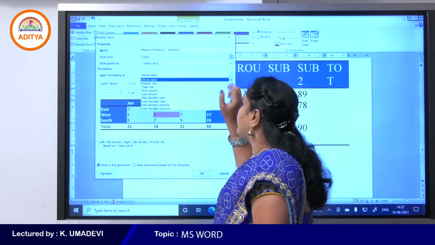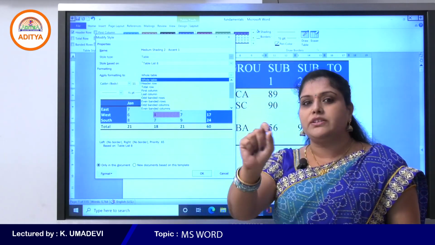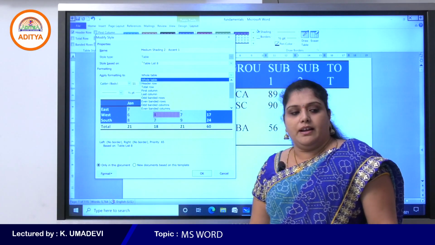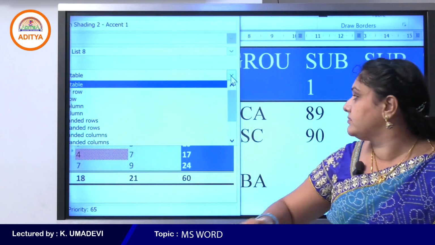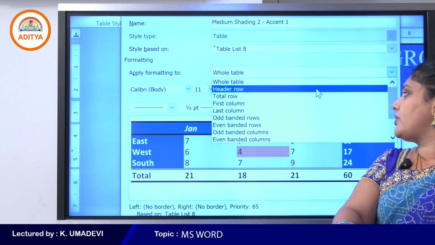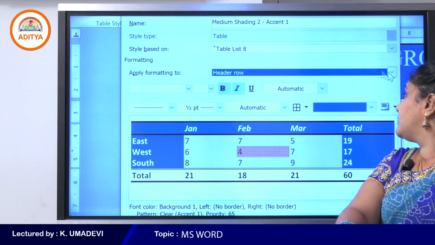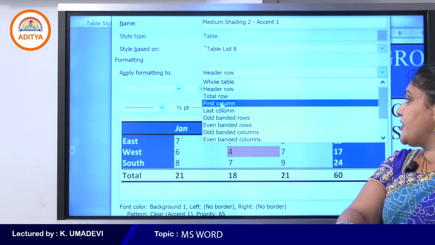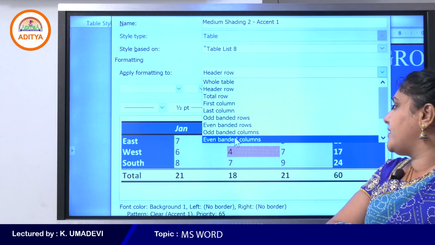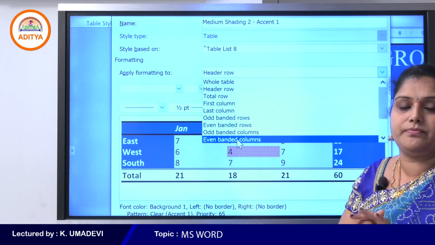Apply formatting to: if you want to apply it to the whole table, the default option is whole table. Otherwise, if you want to apply the table style for the header row, select the header row. Similarly total row, first column, last column, odd banded rows, even banded rows, odd banded columns and even banded columns.